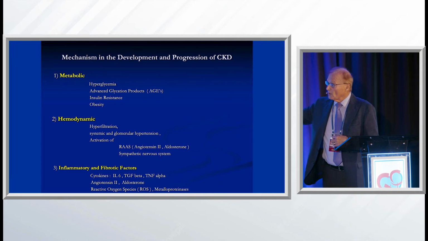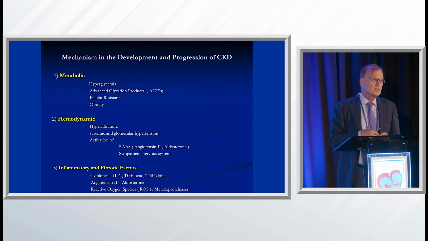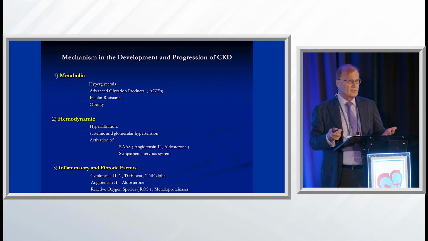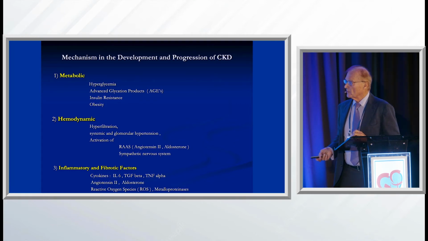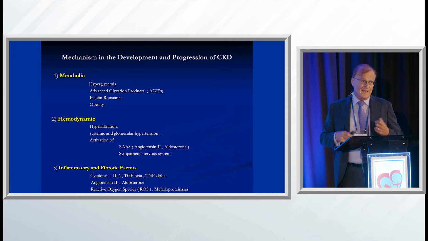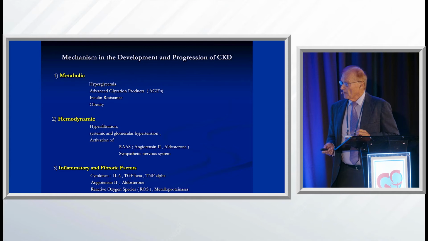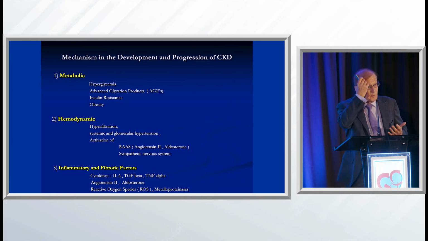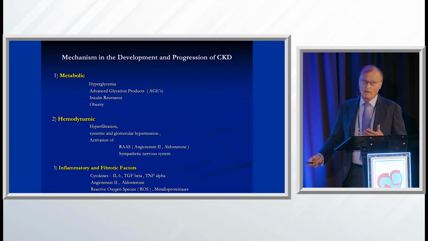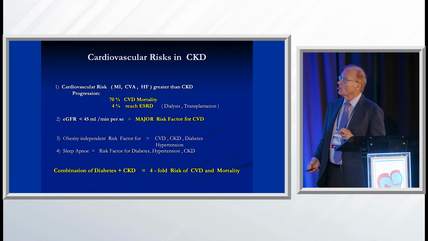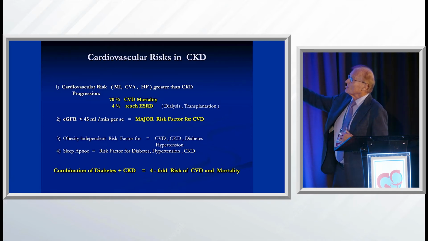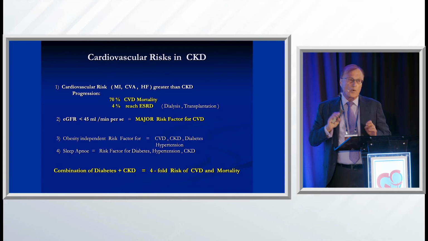And then, of course, we talked earlier today about inflammation. Chronic inflammation is bad for the kidney too, because it causes endothelial dysfunction. It can cause albuminuria. And then you have activation of cytokines, and your C-reactive protein goes up, and you also have oxidative stress with reactive oxygen species becoming more common. So the cardiovascular risks in CKD are way underappreciated.